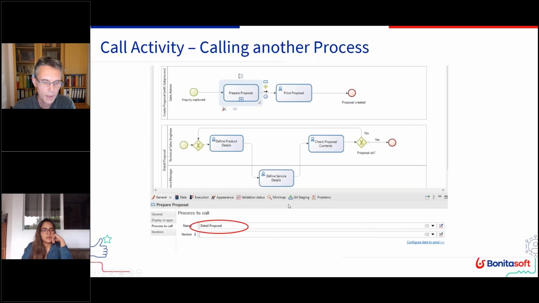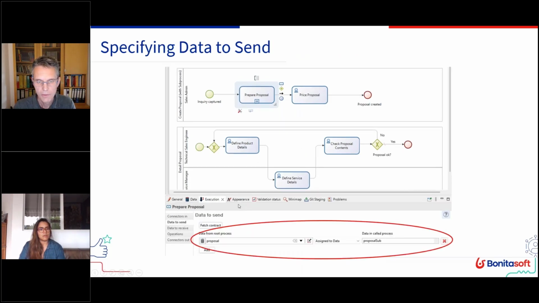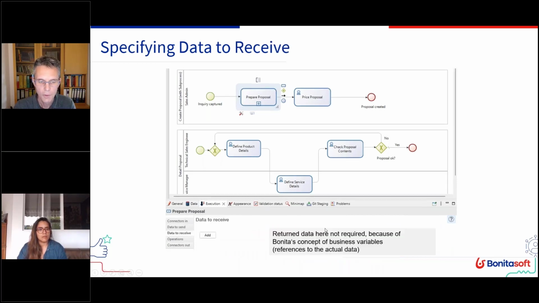So in Bonita, for such a call activity, we need to define the process to be called, detailed proposal. This is this process. And we have to define the data that are passed from the root process to the called process. So this is here. We assign the contents of a business variable to a business variable in the called process. And for receiving data back, in this case, I didn't need to define anything because I have used Bonita's concept